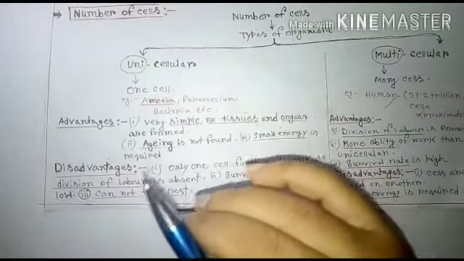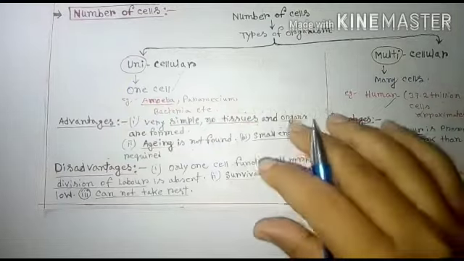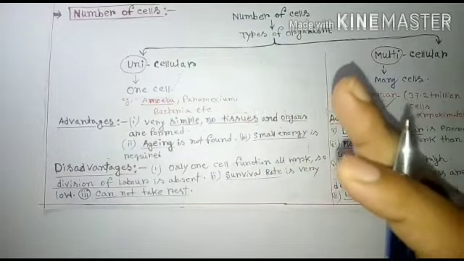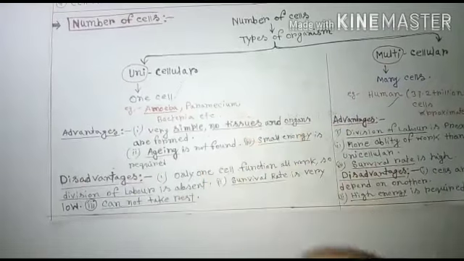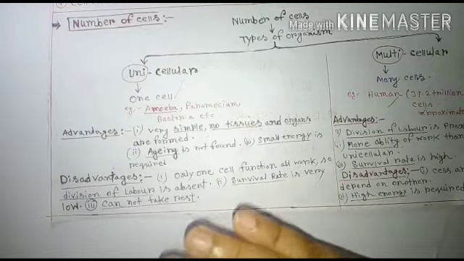Division of labor means, suppose in humans there are some cells whose function is definite. Liver cell function is different from kidney, and heart cell function is different from lung cell. So in a multicellular organism, the cells have different functions, but in a unicellular organism only one cell performs all functions, so there is no division of labor present,